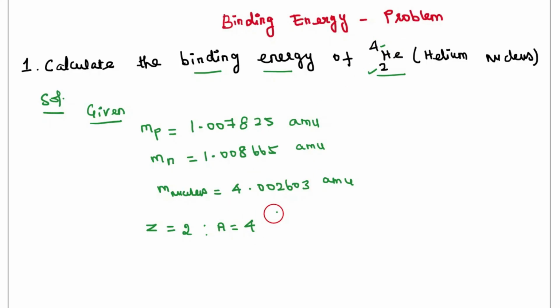We should know the mass of the proton, mass of the neutron, mass of the nucleus. Sometimes the problem gives them, and if it doesn't, we have to remember those values. So to find the binding energy, there should be 3 steps. First, find the individual mass of the nucleons. Then find the mass defect, and in that mass defect answer we substitute 1 atomic mass unit equals 931.5 MeV, and then we get the binding energy for the helium nucleus. So let's see how. Okay,